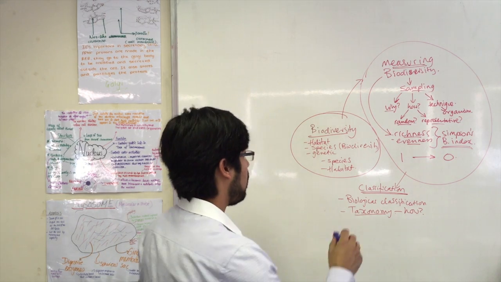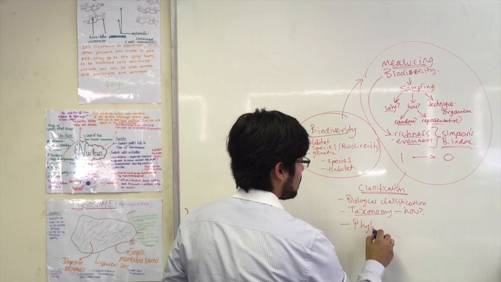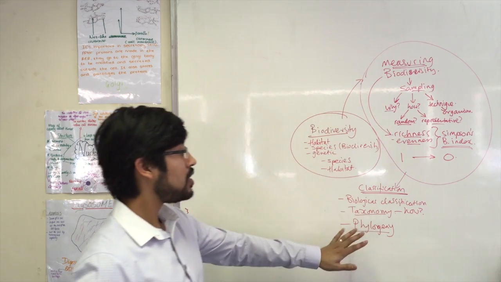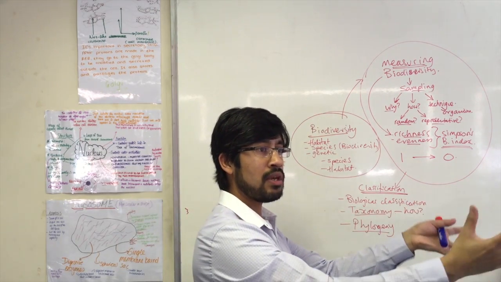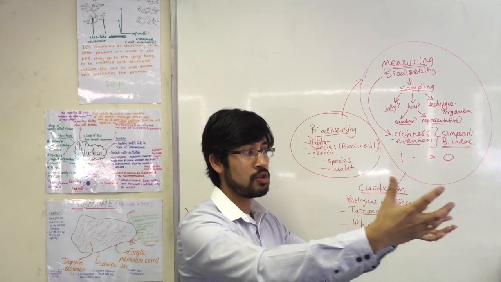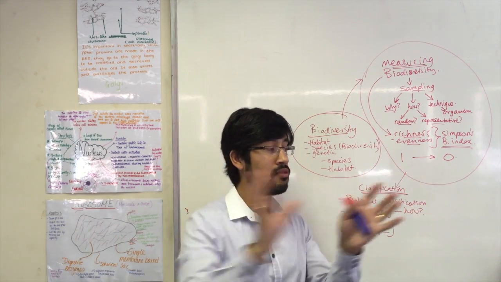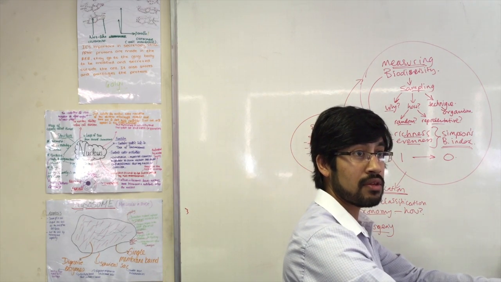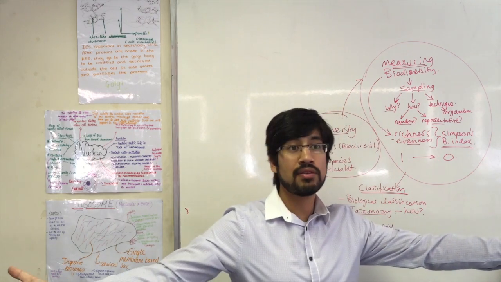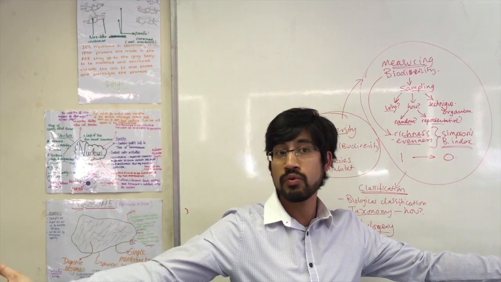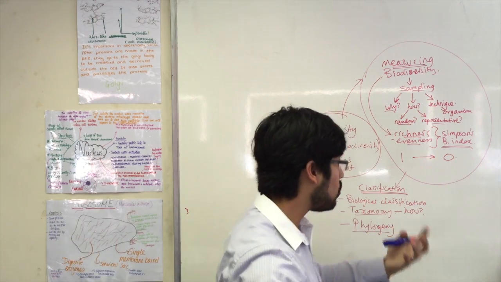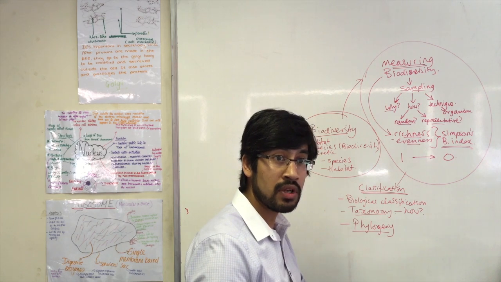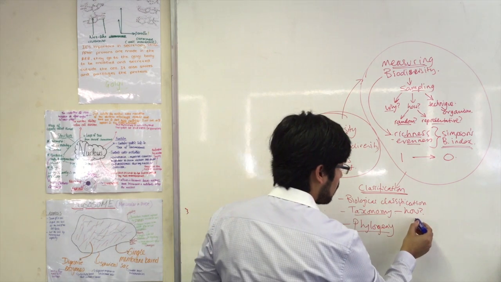Phylogeny is the other aspect of this, and this is what I was talking about with regards to evolution. Phylogeny is when you say, these organisms seem to be more closely related to each other than those organisms. Therefore, I think that these guys must have evolved more recently and share a common ancestor, whereas they might not share a direct common ancestor with those organisms. If I'm using my groupings to get information about how related organisms are, that's phylogeny. In very simple terms,